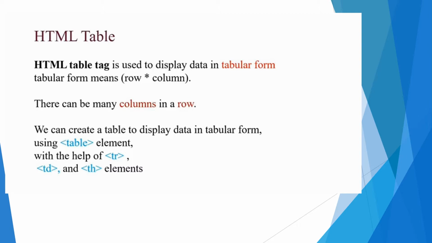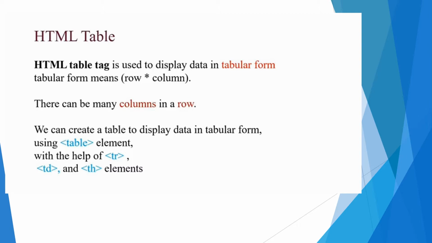Why are we creating tables? We are creating tables to display the data in tabular form. To create tables, we will use the following tags. First tag is the table tag, and in the table, for creating rows we will use the tr tag. Tr means table row, and for creating columns or data cells, whatever content we want to represent in the cells is inserted in the td tag. Td means table data, and